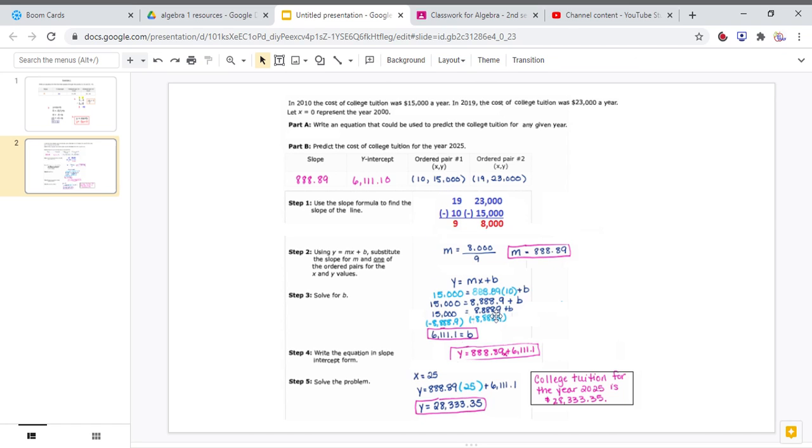Okay, then on this part, go back, use our slope, and use one of our points to put in the X and the Y. And then you're just going to do a plain algebraic problem where you solve until you get a variable on one side and a number on the other. So we solve for B, then we take our slope and our y-intercept and put that into our equation. Okay, that solves part A. And then for part B, where we want to use that information to figure out what it would be for 2025, we figure out our X, which is 25 years more. So we put the 25 in, times it, and add our y-intercept, and we figure out what